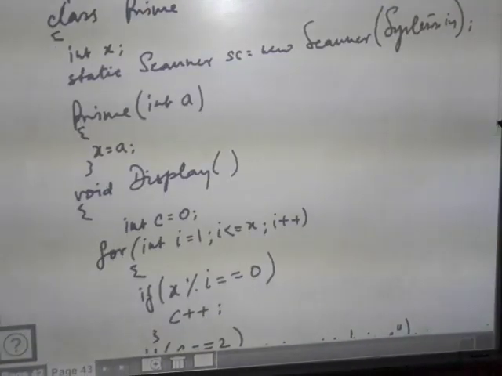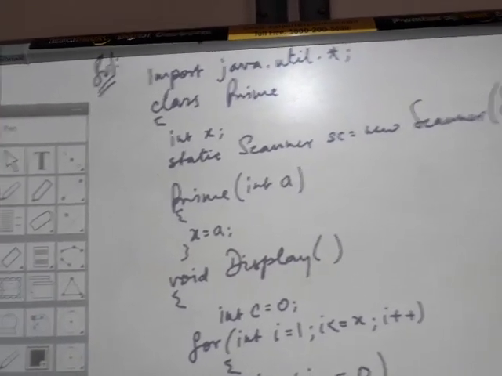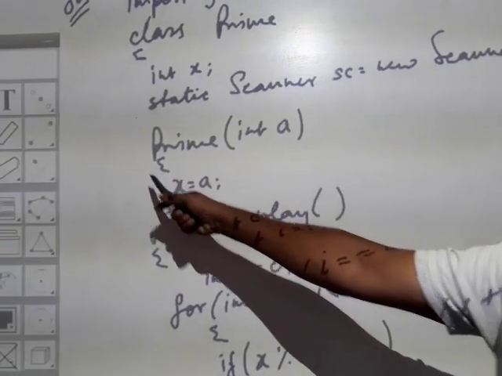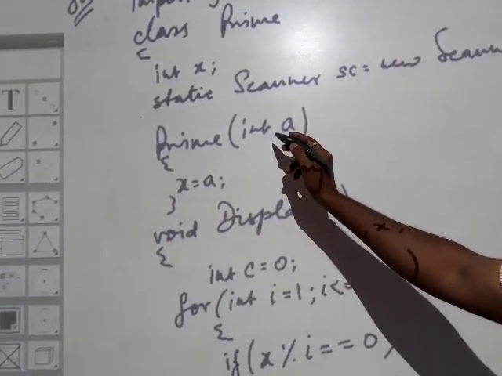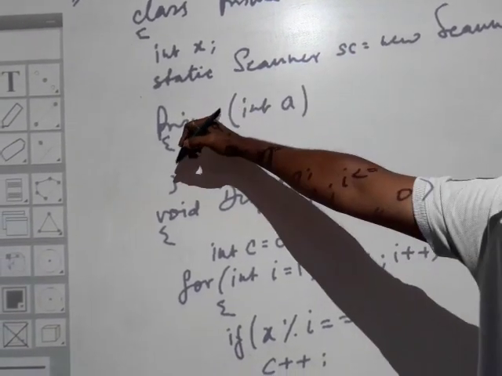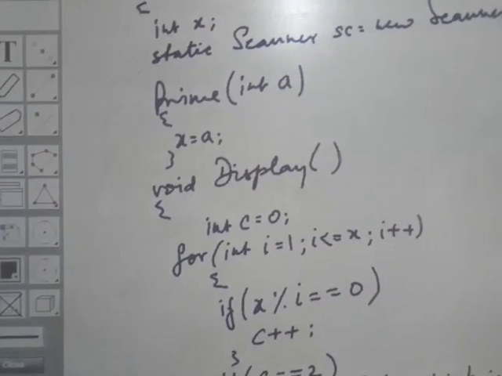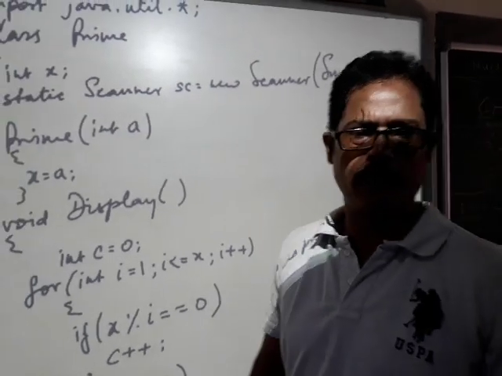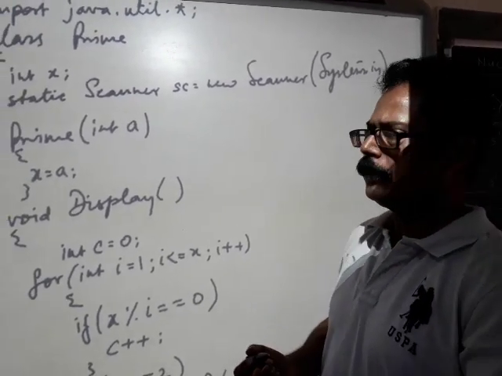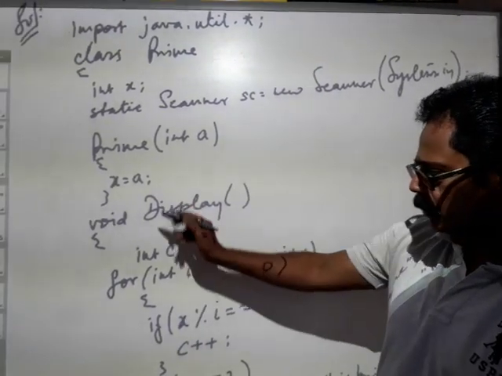If I draw your attention towards the solution, look at here. Same problem, same type of solution, but the only thing that changes over here is you have a parameterized constructor. So what happens is a will derive the value when it is implicitly called, it will come to a, and the value will move to x. This is what exactly it does. So the parameter derives the value assigned by the user in the constructor when it is implicitly called, and thereafter it assigns the values to the global data member, and then the process begins.